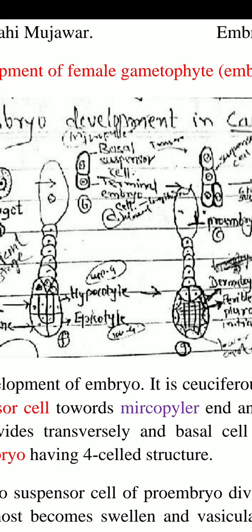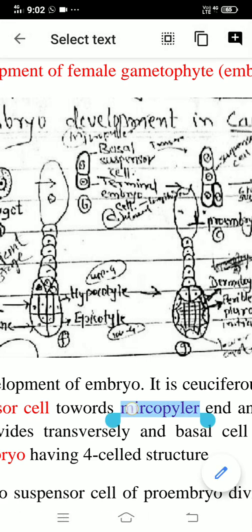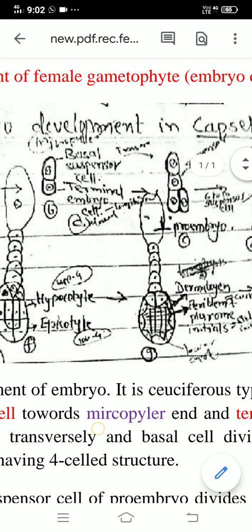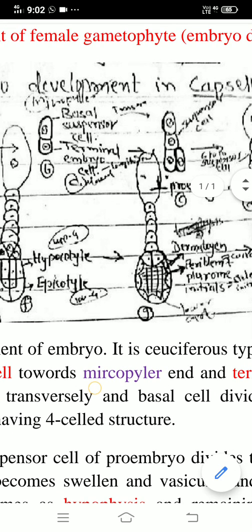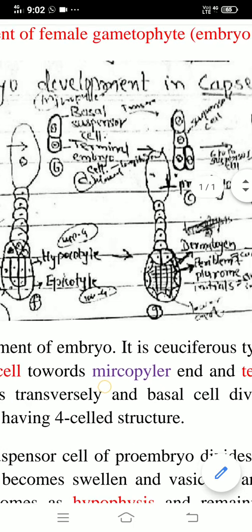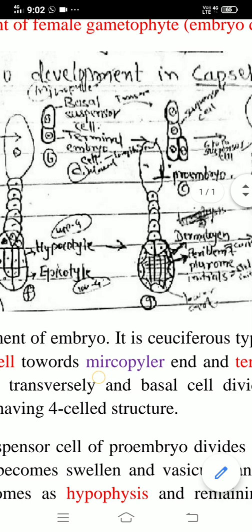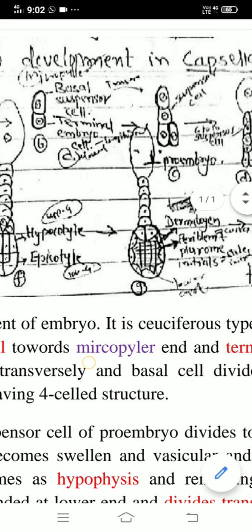The terminal cell develops and forms at the micropylar end, so it is called the terminal cell. It works as the embryo cell. And what about the basal cell? The basal cell later works as a suspensor cell. In this B diagram, the first transverse division has taken place, and then later these two cells are divided again once, but the division is different. The basal cell always divides transversely, while the terminal cell divides longitudinally